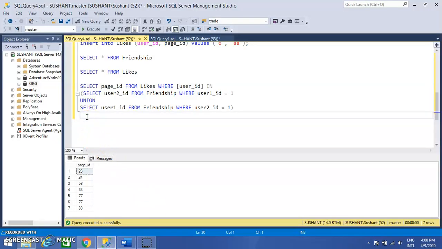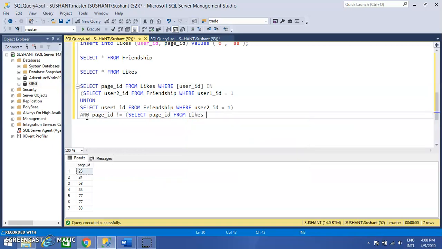So we don't require here the page ID which is liked by the user ID 1. So we can mention a condition here, that when page ID not equals to select page ID from